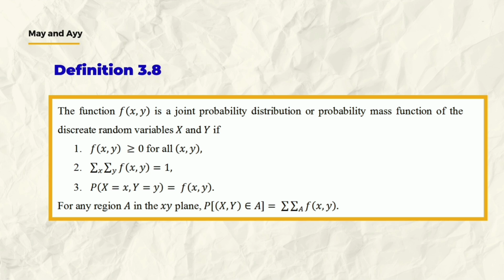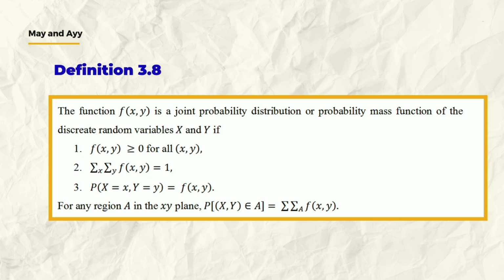The second is the sum of f(x,y) over all possible values of x and y equals 1. And the third one is the probability that X equals x and Y equals y is given by